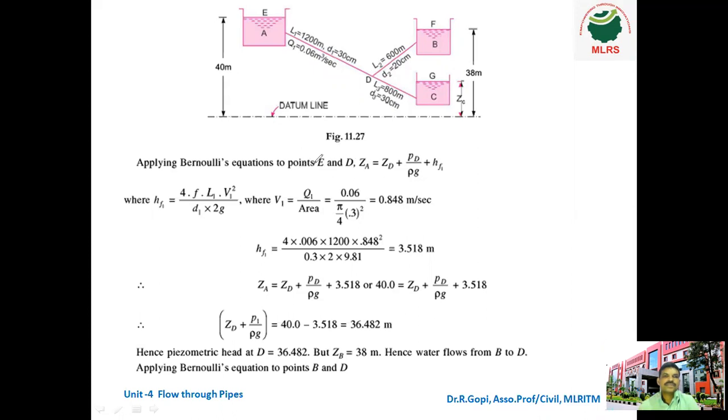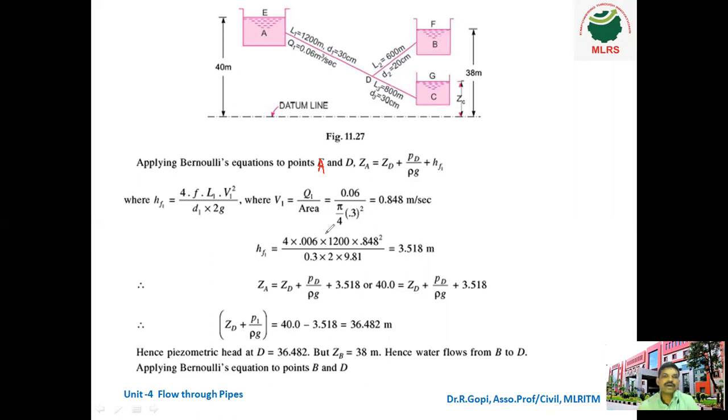Here it is wrong, it is A. Please correct it. So ZA, same equation as previously: ZA is equal to ZD plus PD by rho G plus HF1. So what is HF1? We know the formula, 4F L1 V1 square divided by 2G D1, and V1 is discharge divided by area, Q1 divided by area. So HF1 is equal to 4